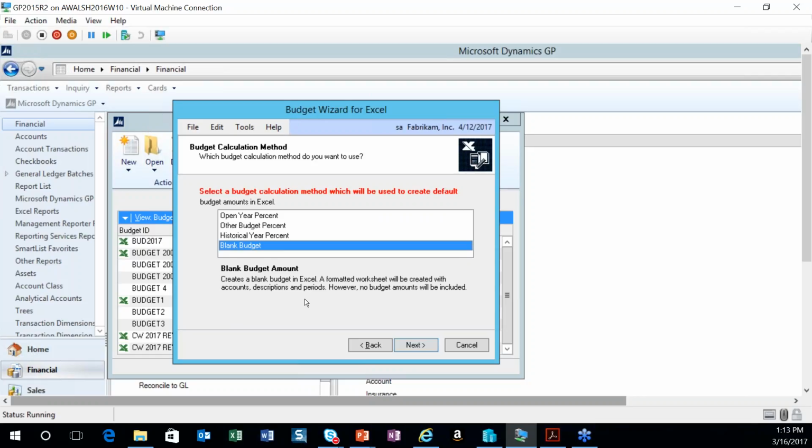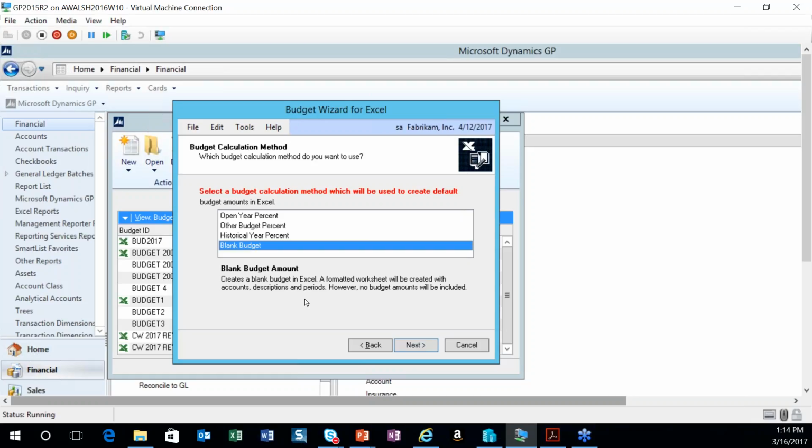However, no budget amounts will be included, meaning that in the next couple of steps, and you're going to see this, I'm going to choose which GL accounts I want to add to my budget. And if I choose blank budget here, it will bring in those GL accounts I select. In addition to, it will have, since it's a fiscal year budget, January through December, and the amounts in the